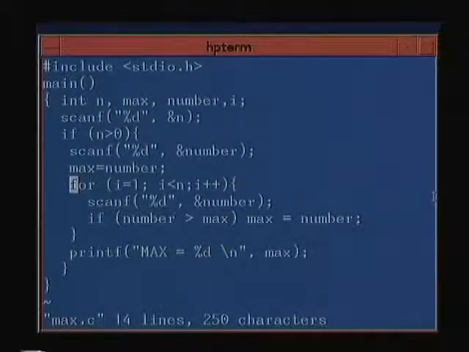The syntax is for, and there are three parts. This is the first part, separated by a semicolon. This is the second part, separated by a semicolon, and this is the third part. The first part is called initialization. Here I have initialized I equal to 1. Here I have I less than n. This is the conditional. As long as this condition holds, the loop will continue. When this condition is not satisfied, it will go out of the loop. And I plus plus